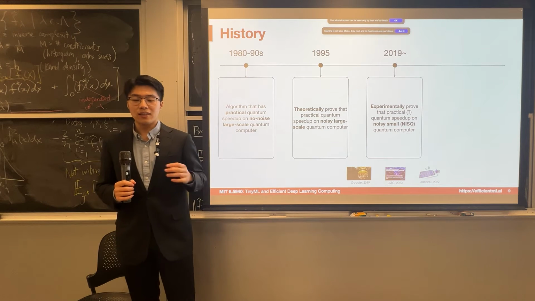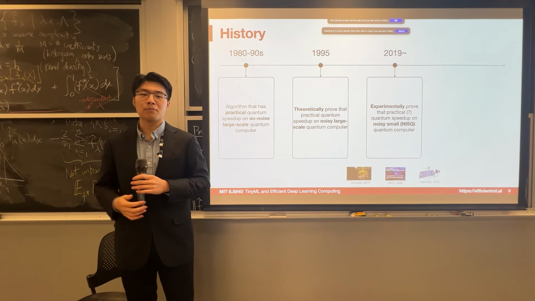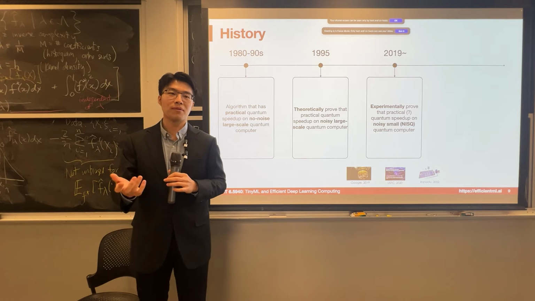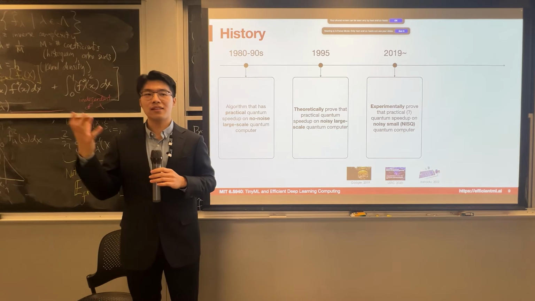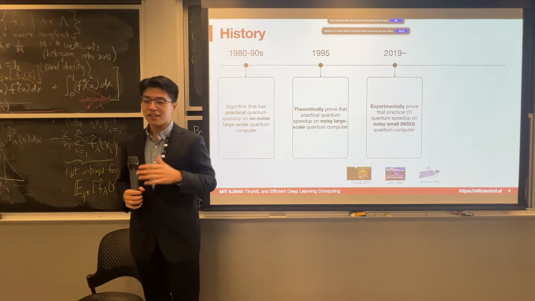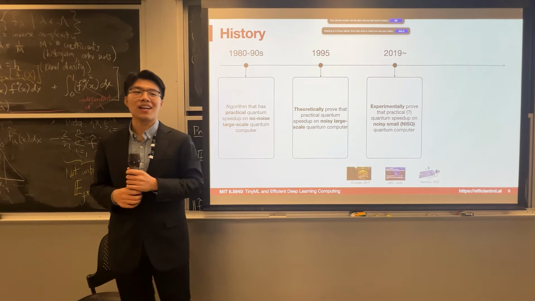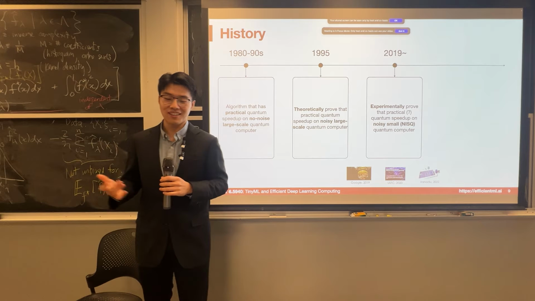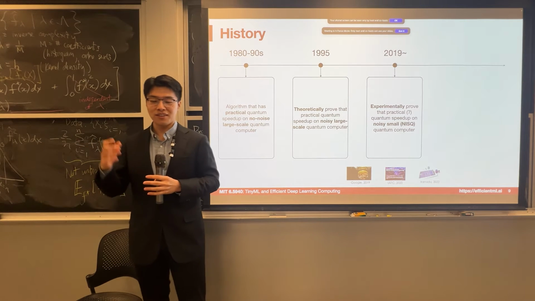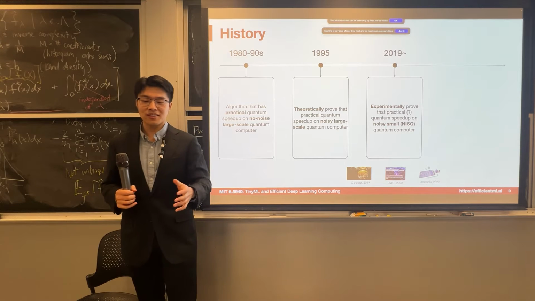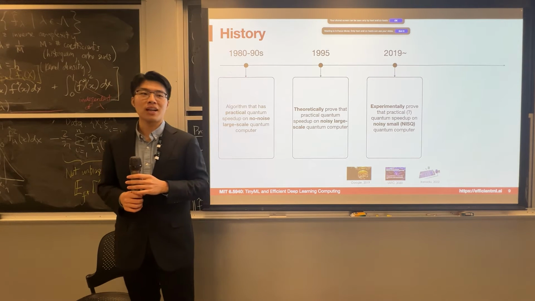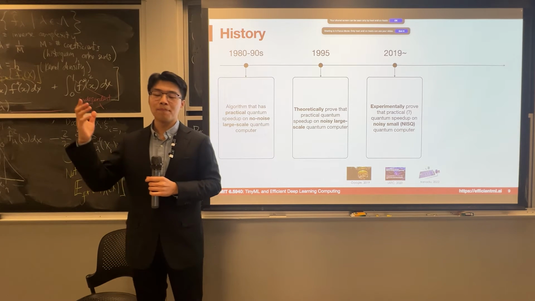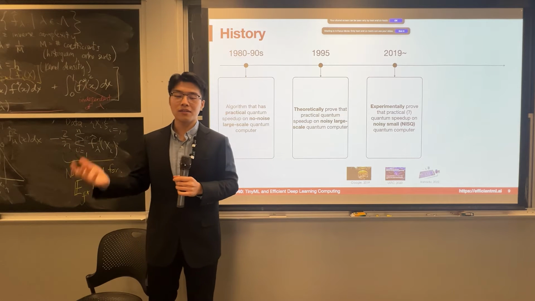However, we still suffer from needing a large-scale quantum machine, which means we still need to build a very large machine to achieve those advantages. So 20 years ago, you have this very nice theory, and then you go to a VC and tell them, give me $10 billion, I can build you a 1,000 qubit fault-tolerant machine. Maybe you get nothing because that is too aggressive. So scientific discovery and also engineering happen gradually. That's why 20 years later, people finally built some machines that are not that large, but intermediate scale, with tens to hundreds of qubits.